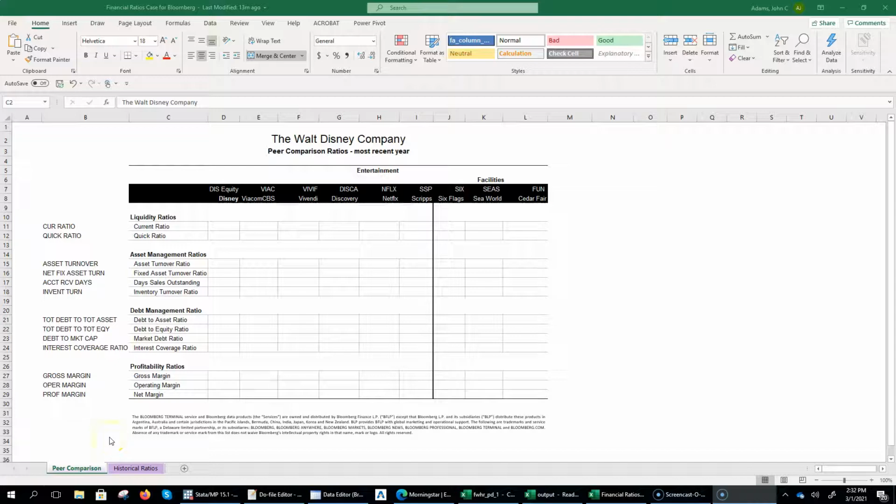For this week's case, we're diving into the financials of the Walt Disney Company and some of their nearest peer competitors. Walt Disney is a content and facilities company, so our comparisons are going to be content companies as well as facilities companies. For the content companies, we're looking at Viacom, Vivendi, Discovery, Netflix, and Scripps, and for facilities, Six Flags, SeaWorld, and